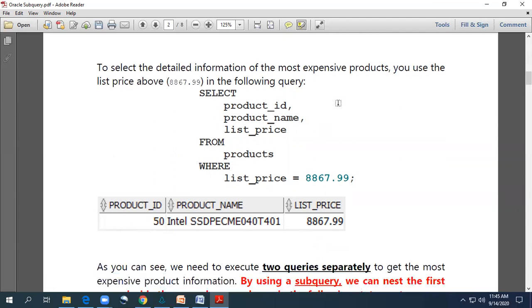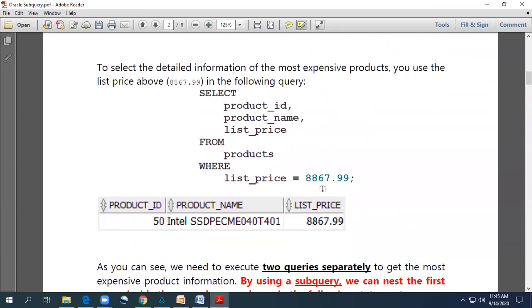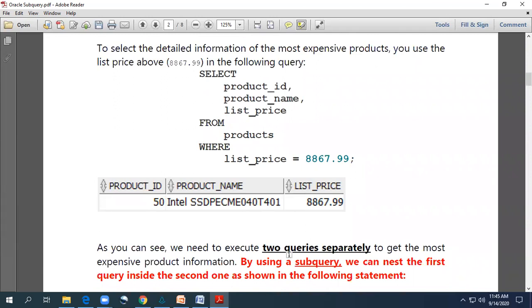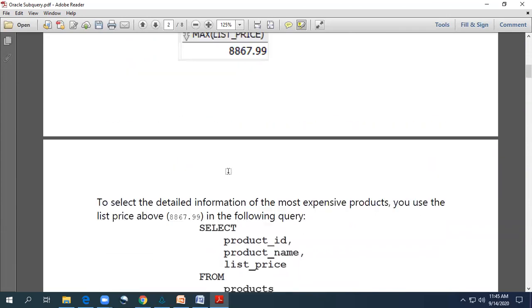Now the alternative solution for this query using a subquery is, instead of a single query, we can use two queries separately. In this example we have written two separate queries.